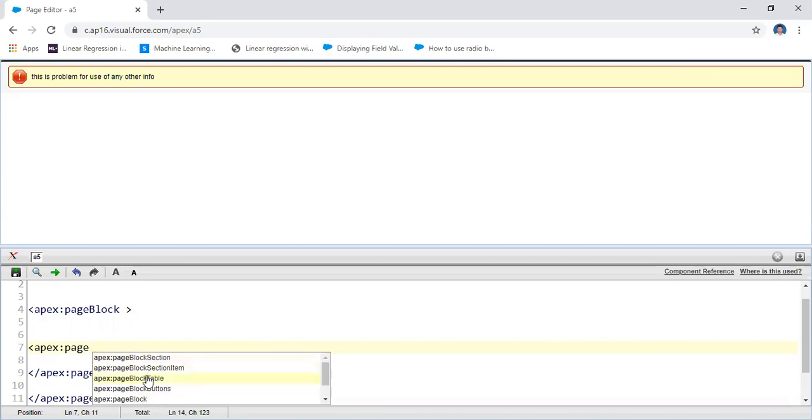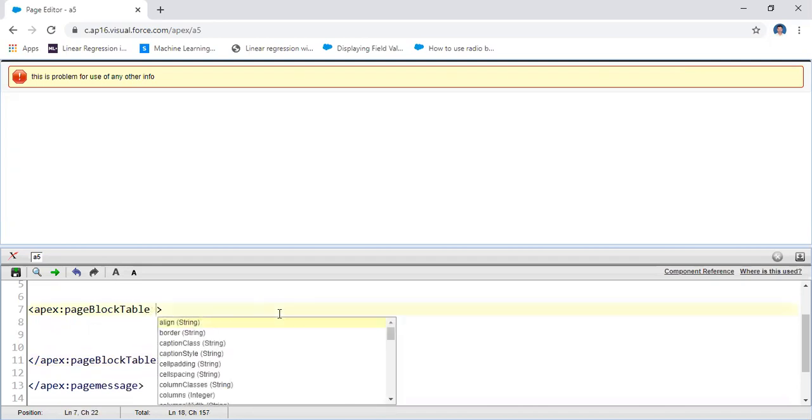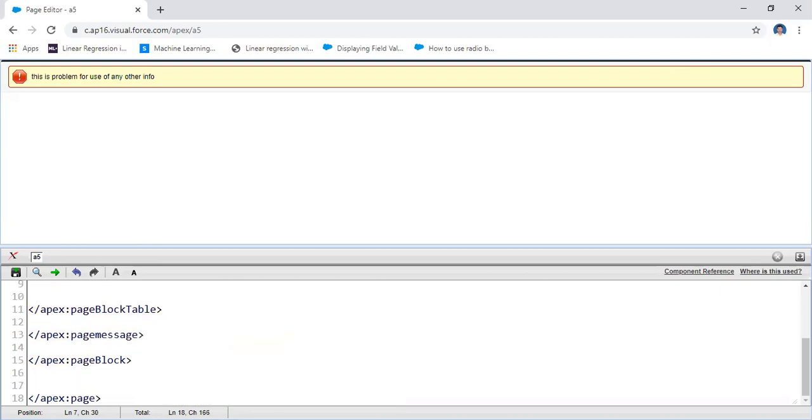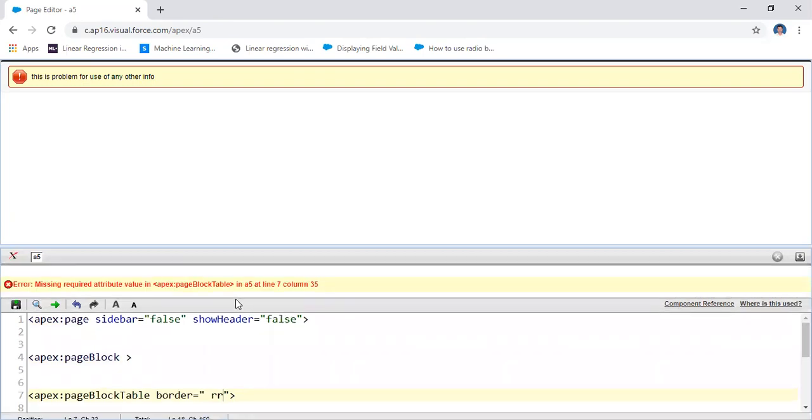The page block table consists of this value, and under the page block we have different attributes. For the border, you may use a string value. For example, this one. Here, how can you represent this page? It's having some error at column 1.